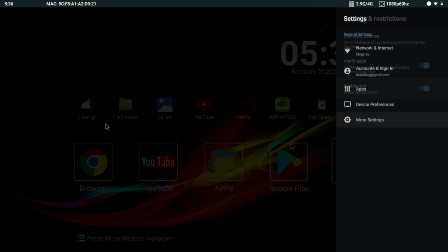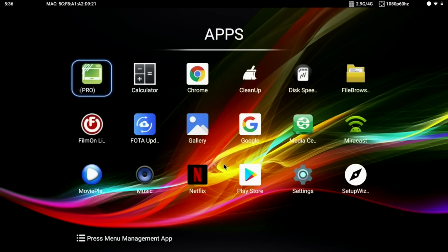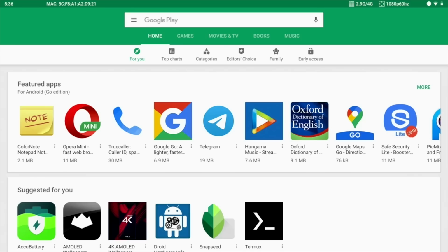So now it's time to check out the standard system apps. So here are all the apps installed on this box as standard. I have not installed anything yet, and you have quite a few apps to get you started, like YouTube, Netflix, AirPin Pro, and of course the full version of the Google Play Store, giving you access to thousands of free